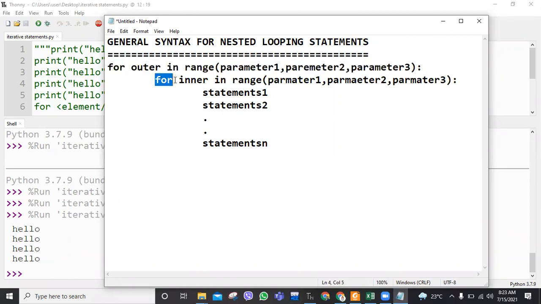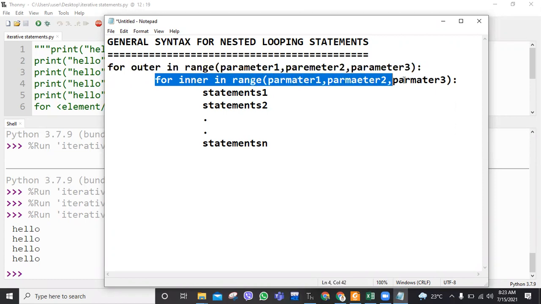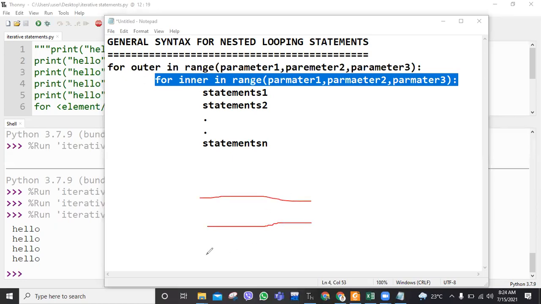And this inner loop, or inner for loop, or there might be a while also, this inner looping statement is concerned with printing the type of output, or you can say the number of columns. So the outer looping statement is concerned with the number of lines, and the inner one is concerned with the number of columns.